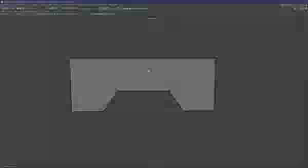Now we can focus on a more practical example. What we're going to do here is combine everything that we learned so far from the topology series, edge flow and supportive edges, in this little project. What we have here is again a very simple object, and our assignment is to maintain these corners on a subdivision, meaning that once we subdivide this object, we maintain the corners and they still look sharp as they do here.